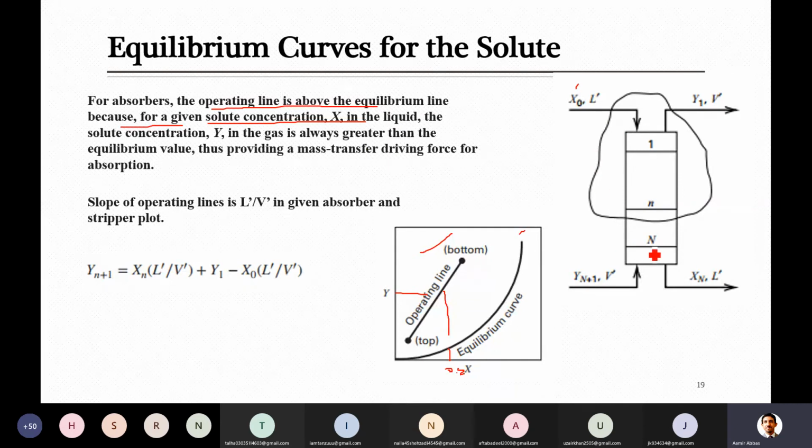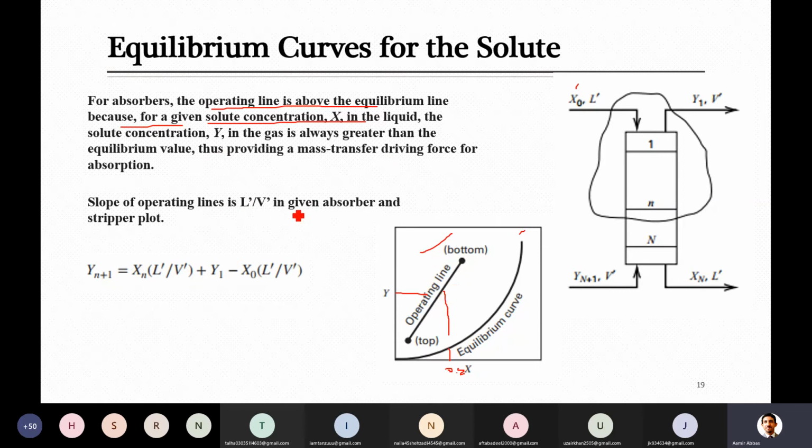Let's come to the bottom. At the bottom, when the gas enters, it will contain the maximum amount of solute, and the liquid coming from the top will definitely absorb that. But when you reach the bottom tray, where there is the maximum value entering from the bottom, the liquid coming in contact with that will have a lesser amount as compared to this. So then mass transfer will take place. अगर ये equal हो जाती हैं या liquid में already ज़्यादा amount हो जाएगी, तो फिर ये mass transfer रुक जाएगा. For mass transfer, a concentration gradient is necessary.